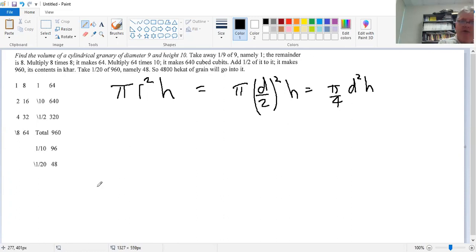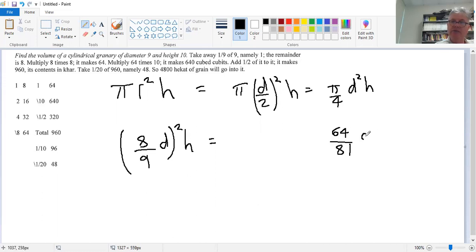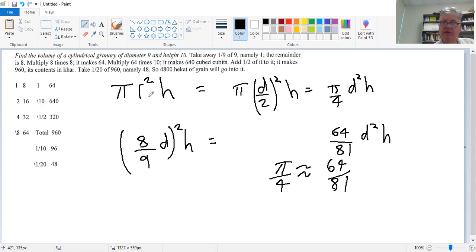So what they did was they took 8/9 of the diameter, squared it, and then multiplied by h. And so that means that then is 64 on 81 times d squared times h. So they are approximating pi on 4 by 64 on 81. And then all this here is where they're figuring out this formula, but there's a little bit of commentary that you could do